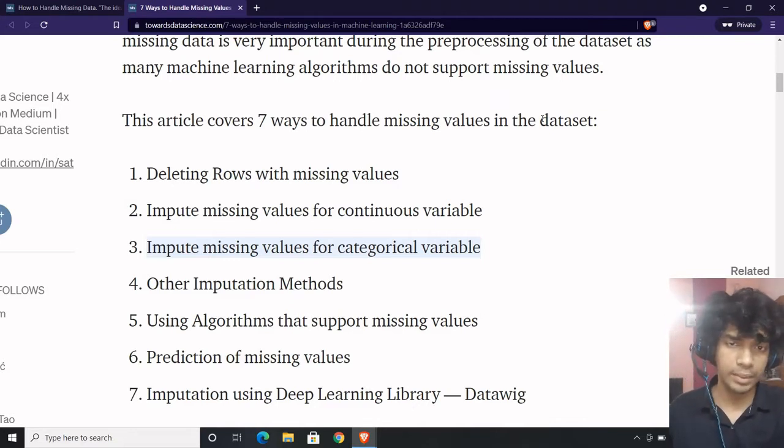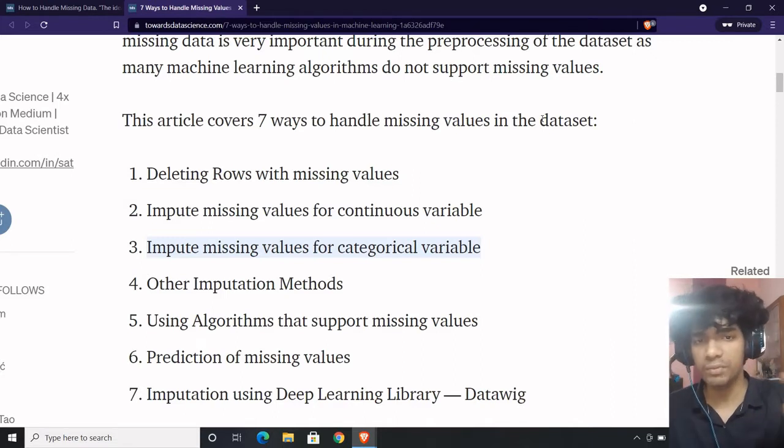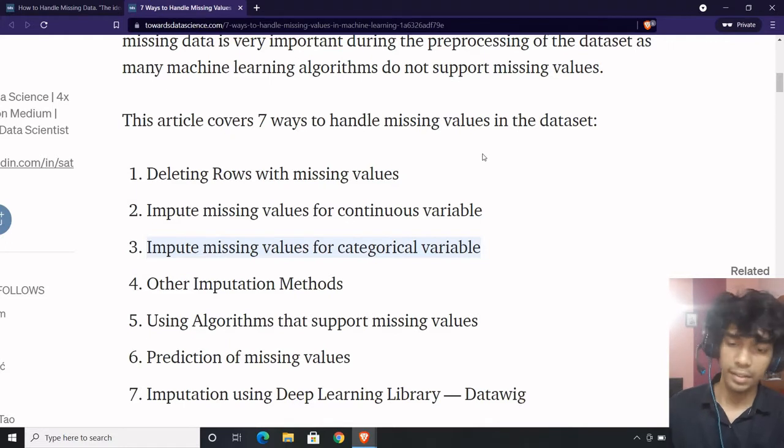Now deleting a column is usually permissible, that is the apt word to use, if the column has 90% or 80% missing values. This means that column actually does not contribute significantly to the data. You can also remove the rows if there is only 5 to 10% removal of the data, preferably 5%. 10% is usually a lot of data to remove, right?